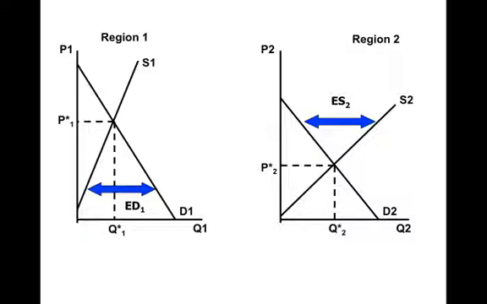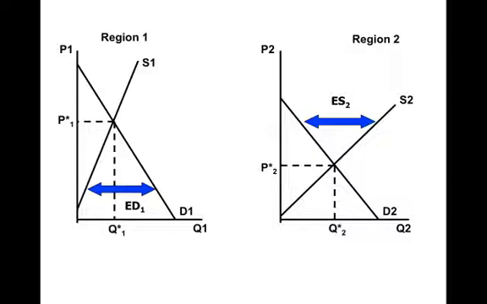And the level of that excess supply rises as the price rises. So what we're getting at here is that excess demand in region 1 behaves very much like we would expect a traditional demand equation in that it follows the law of demand. As the price falls, the volume of excess demand rises. By the same token, in region 2, excess supply follows a law of supply, where as price rises, the volume of excess supply also rises.